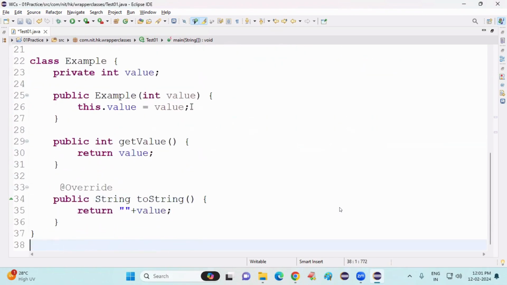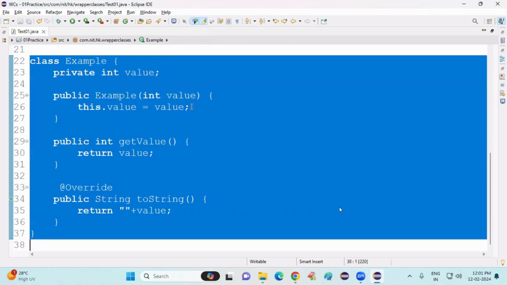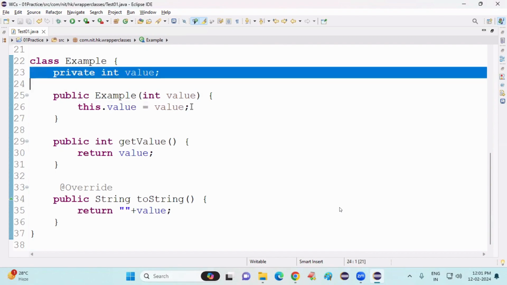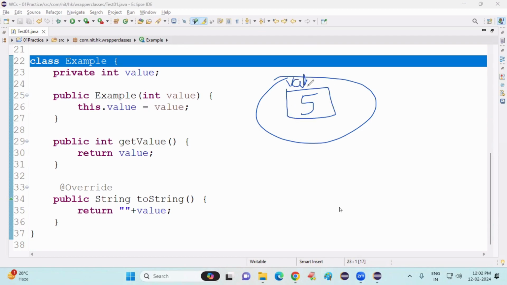Here I have created a class like this. Tell me, is this a new point or an already known point? In previous classes we created multiple variables based on the object. If I want 10 values, I create 10 variables. But now how many values do you want to store? One value. What type of value? Int type. Then this Example class object is wrapping, that is covering, this value 5